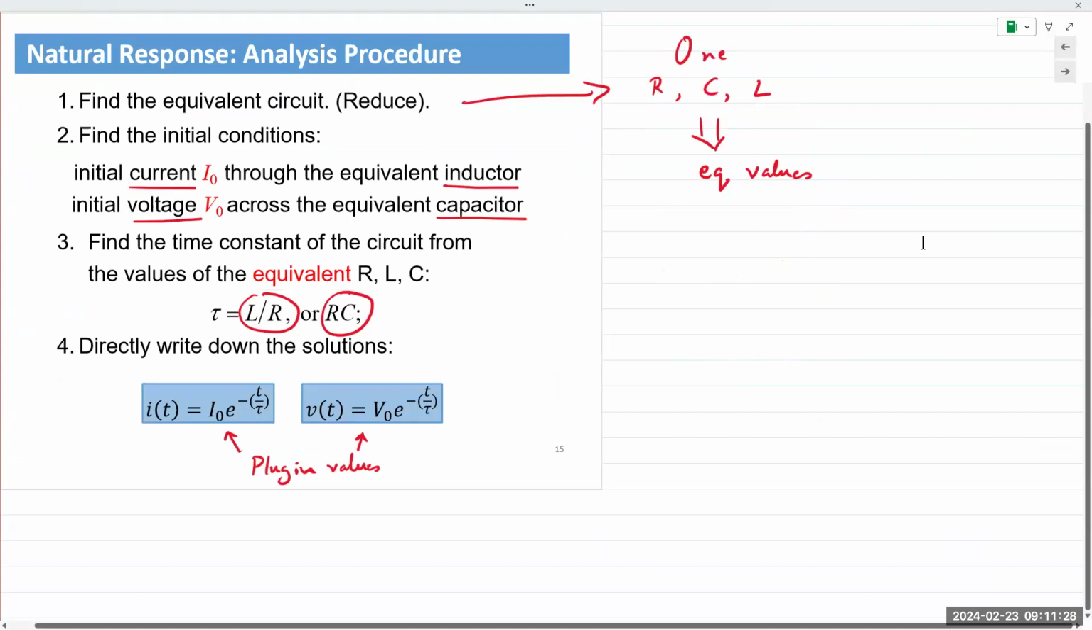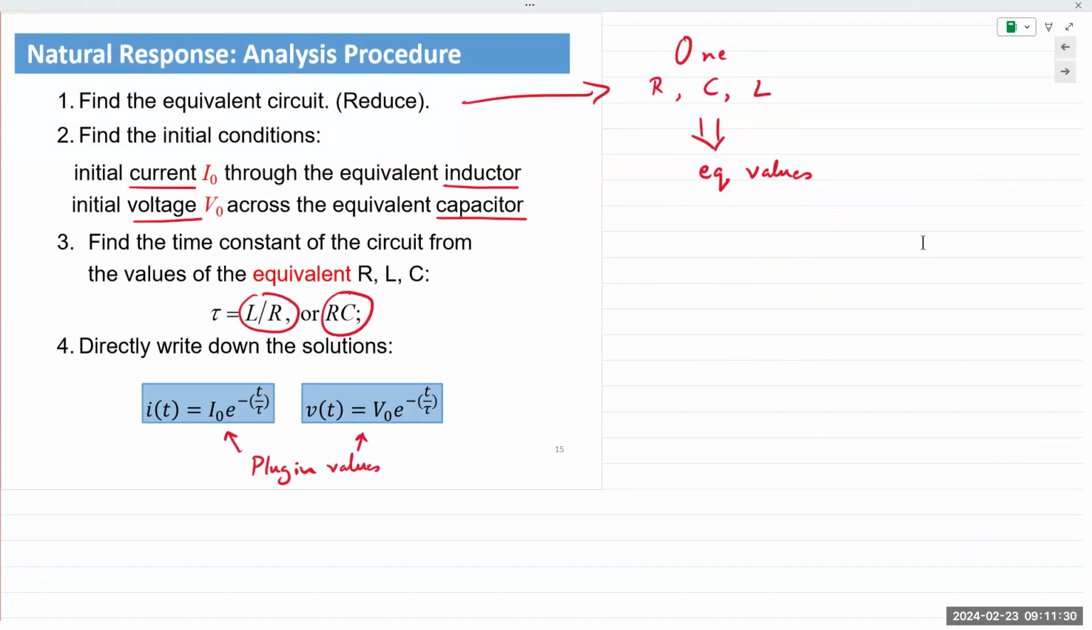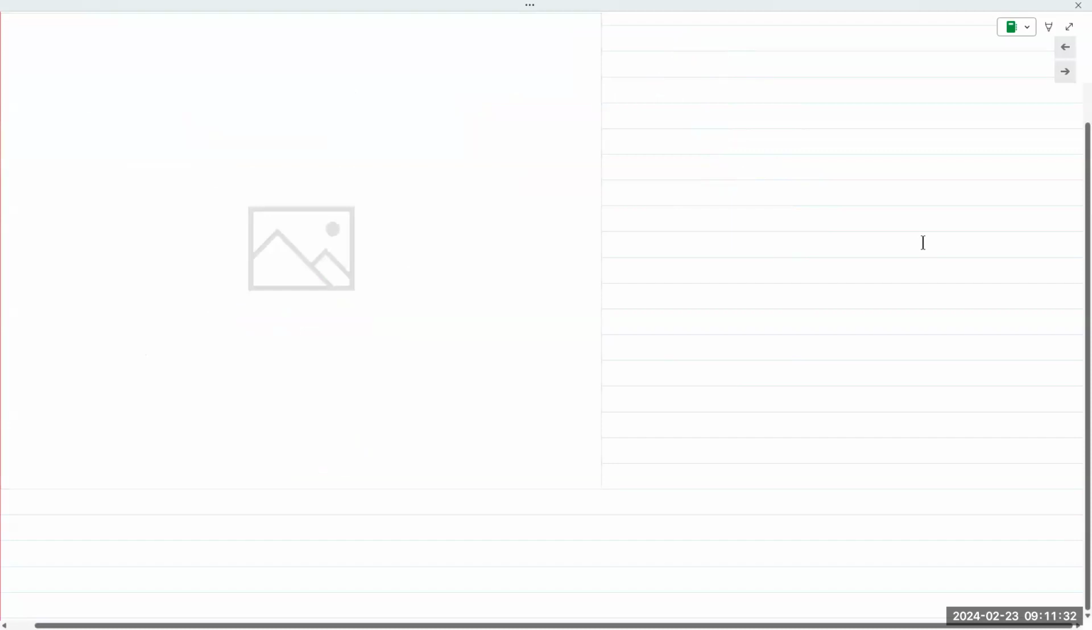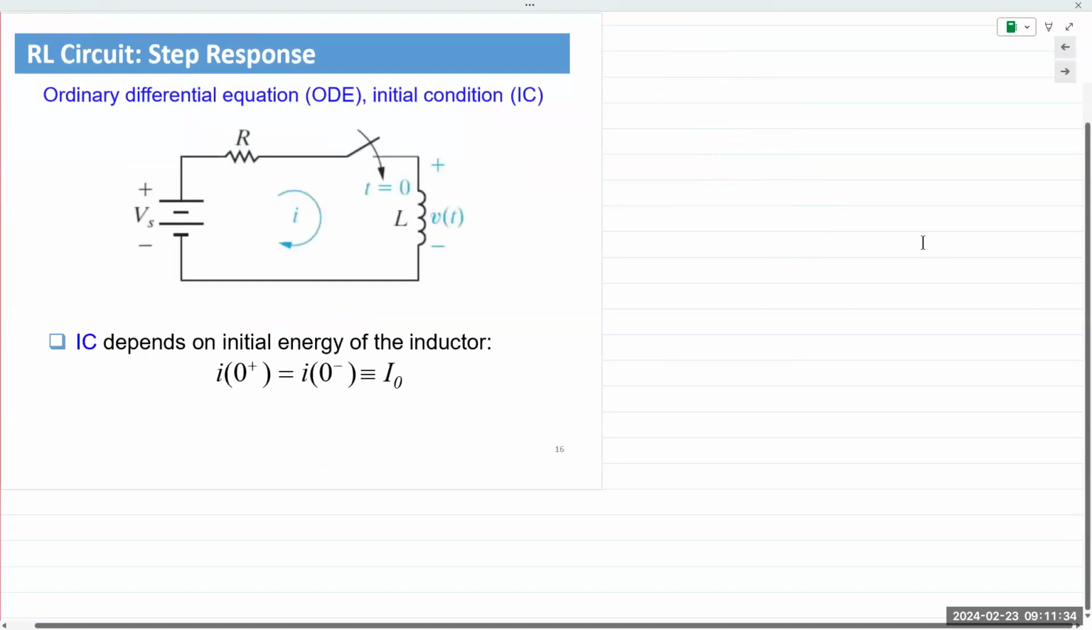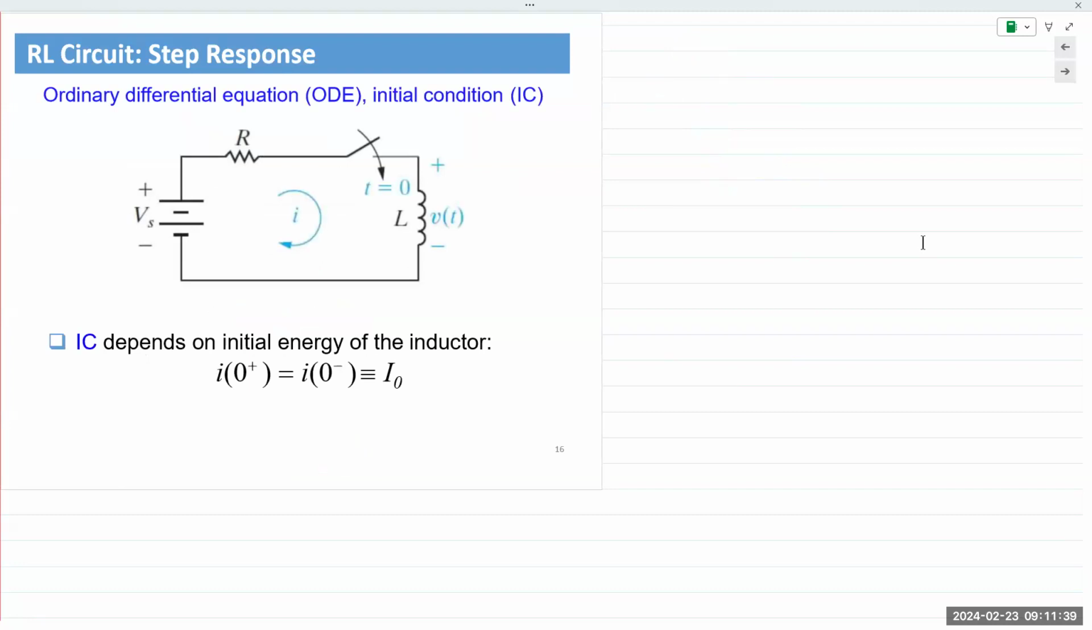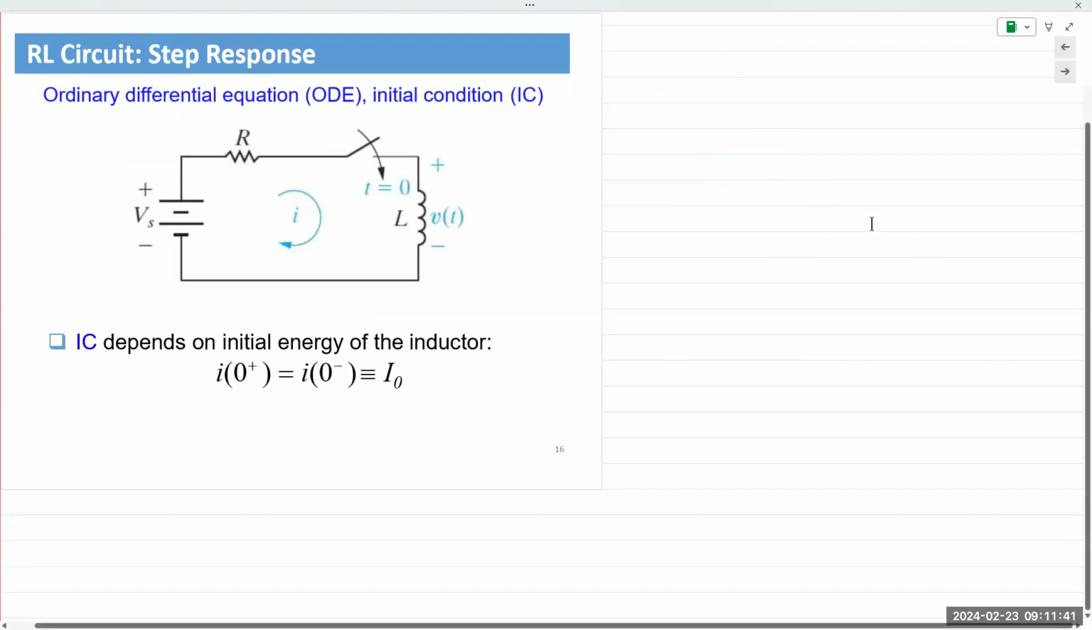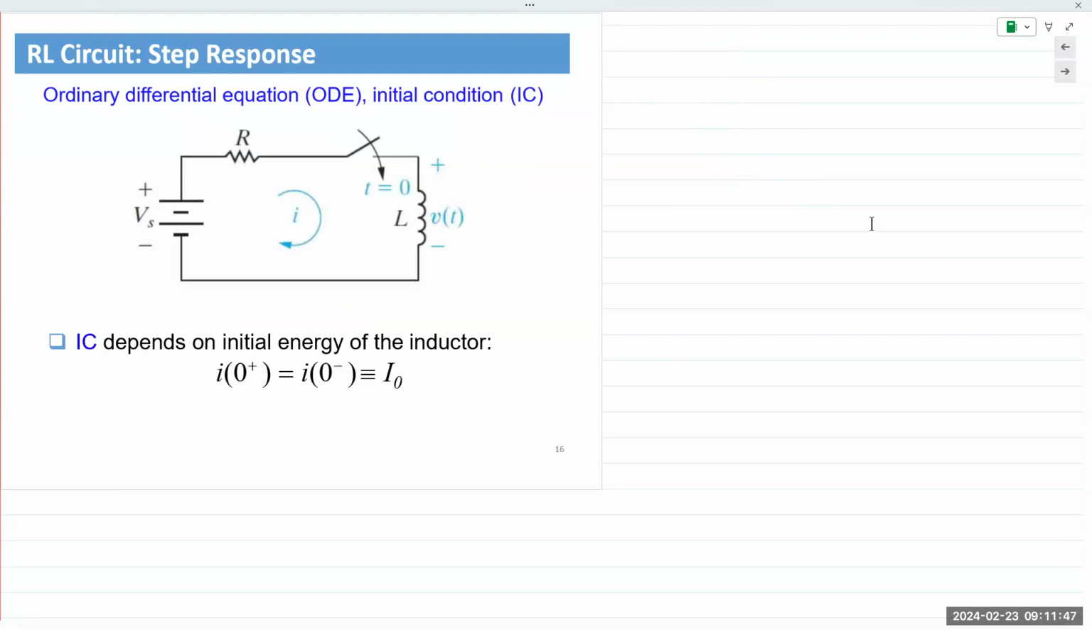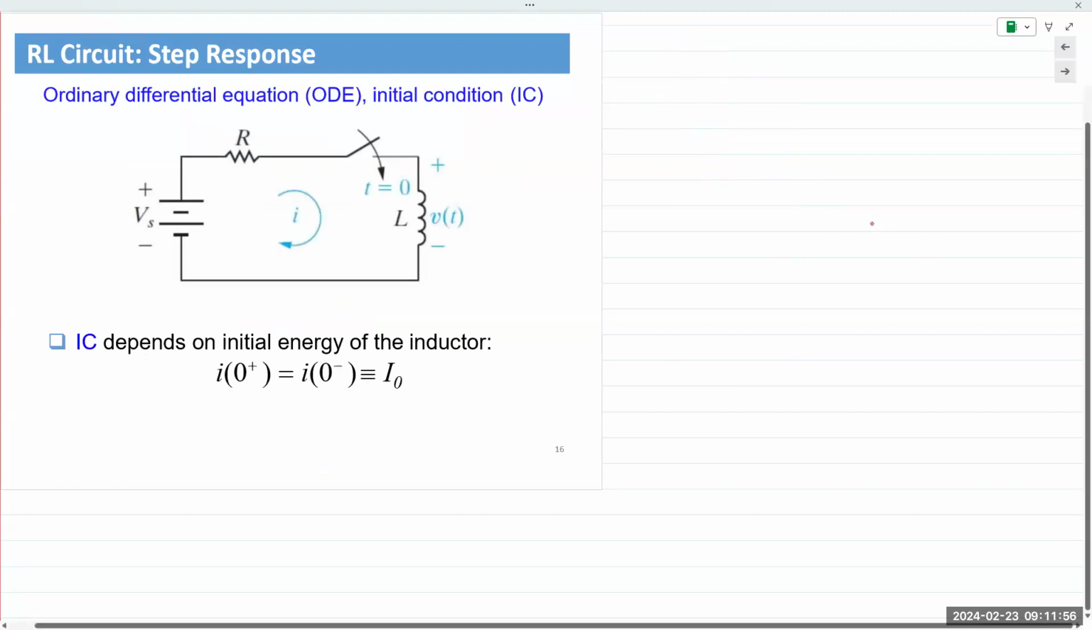Okay, we looked at the equations for the natural response for both RL and RC. And now we look at the step response or the forced response, meaning when we connect an external source to the circuit, we'll derive the expression for that period. This will go a little quicker because it's pretty much the same procedure as for the natural response. We have here an inductor, so it's an RL circuit,